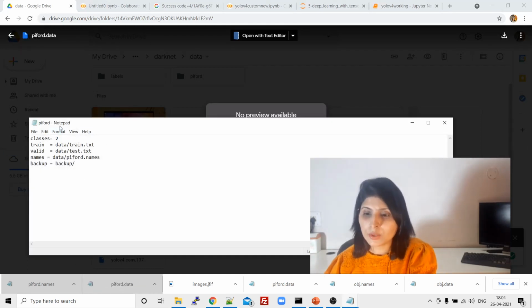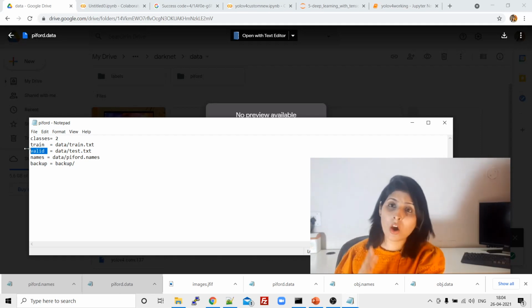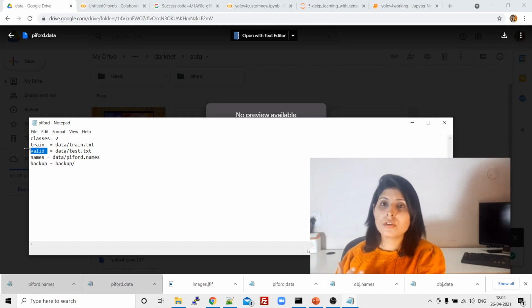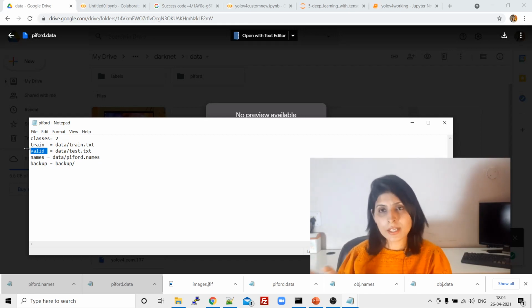And let's open this pyfood.data. Pyfood.data will tell you how many classes we have. 2 classes. And this train and valid, what is it? See guys, if you want to train your algorithm, you have to divide your data into train and test. On training data we'll train our algorithm, and on test data we'll test the functionality of our algorithm.